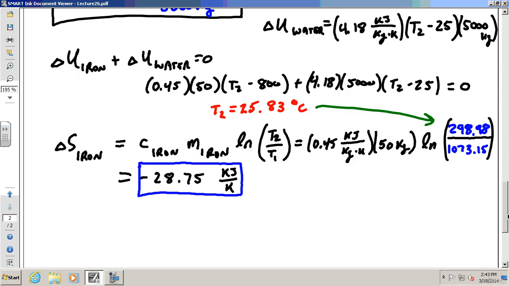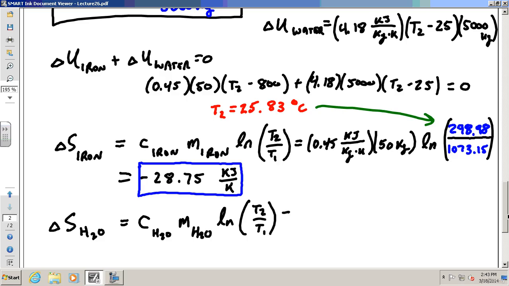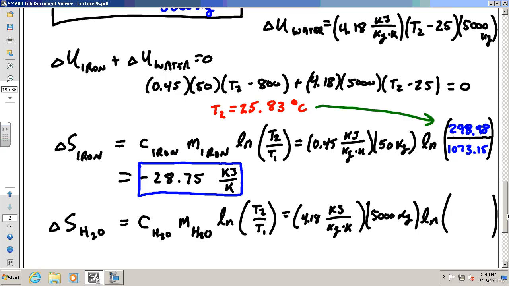So the water must go up. So let's do that. Change in S of the water. It's going to be the C of the water times the mass of the water times the natural log T2 over T1 of the water. The changes of just the water. So specific heat of water, 4.18 kilojoules per kilogram K. The mass of the water is big. It's 5,000 kilograms. And then this is multiplied by the natural log of the two water temperatures, which are